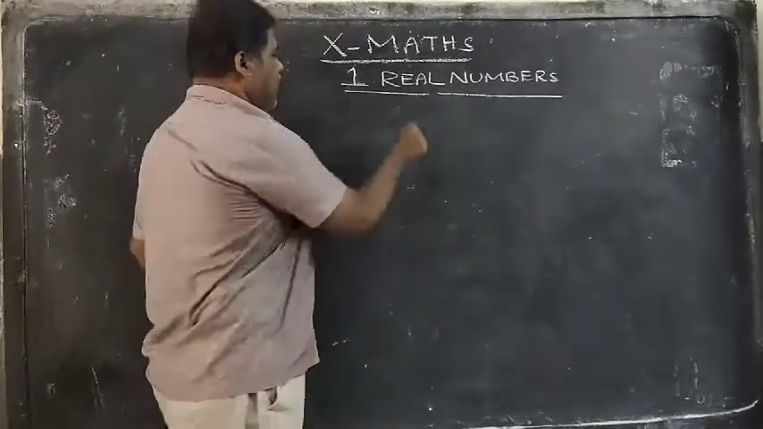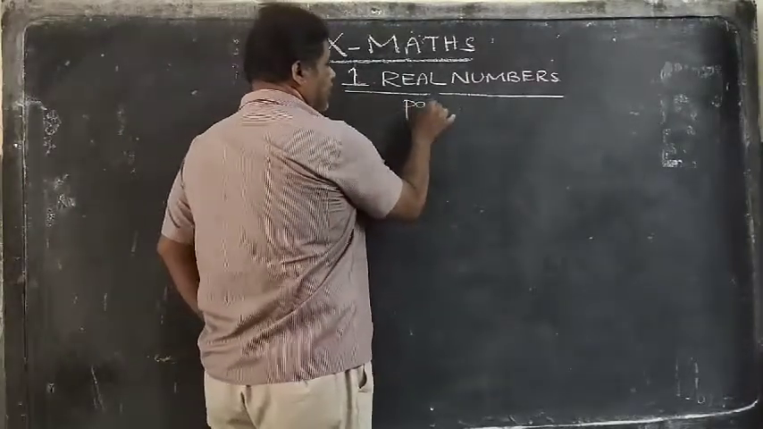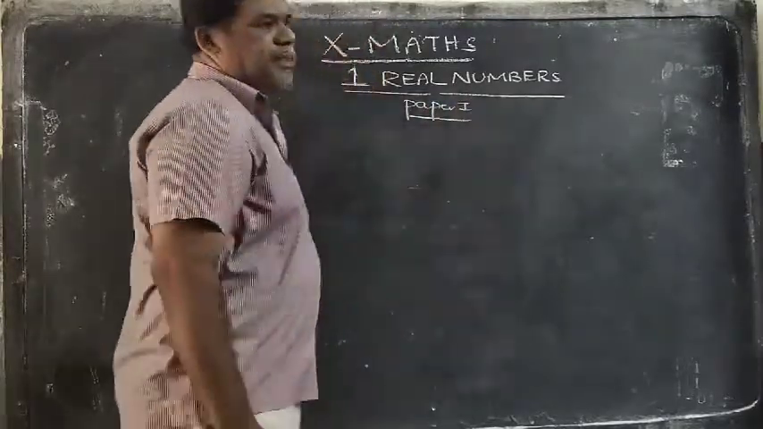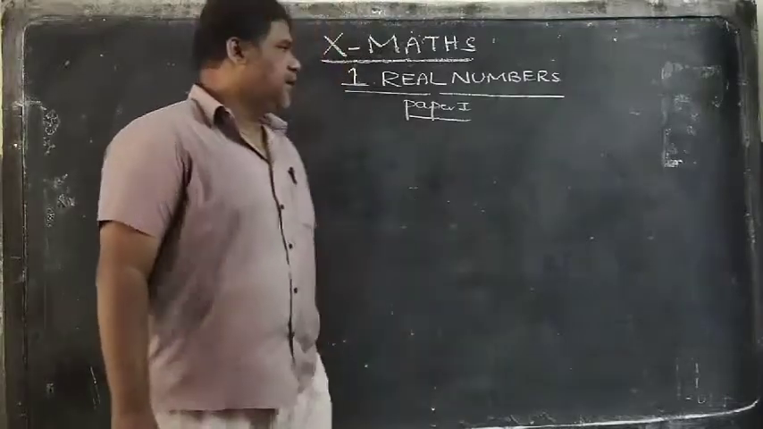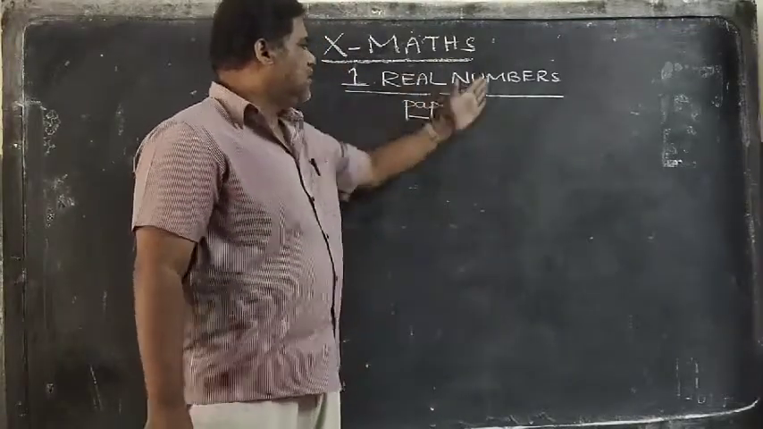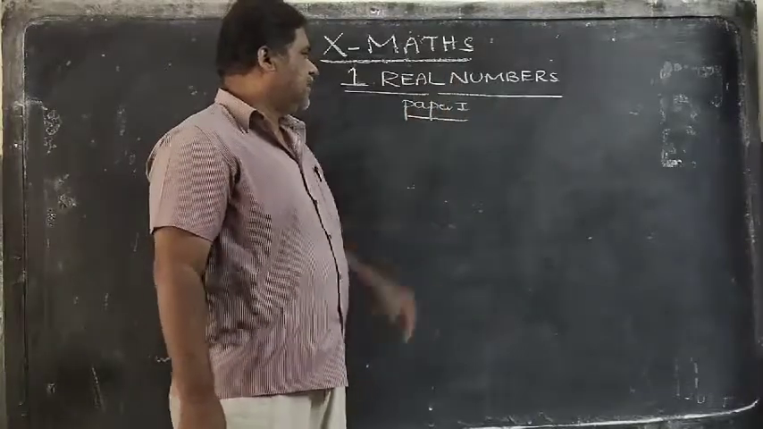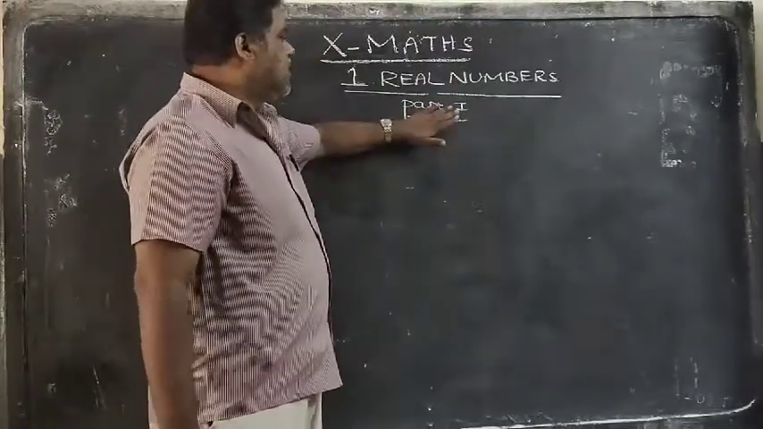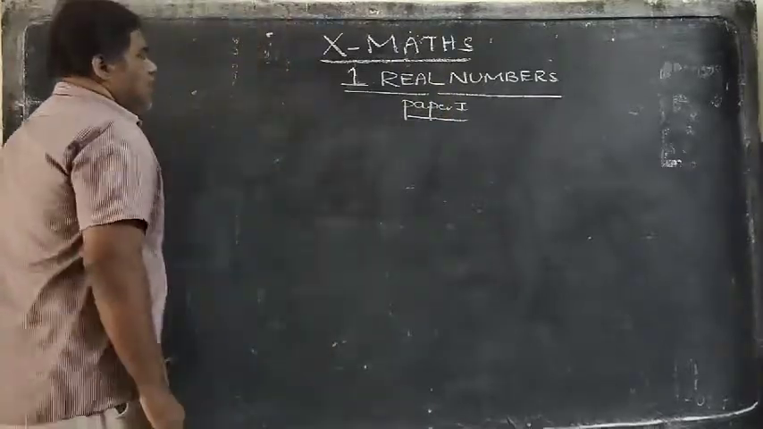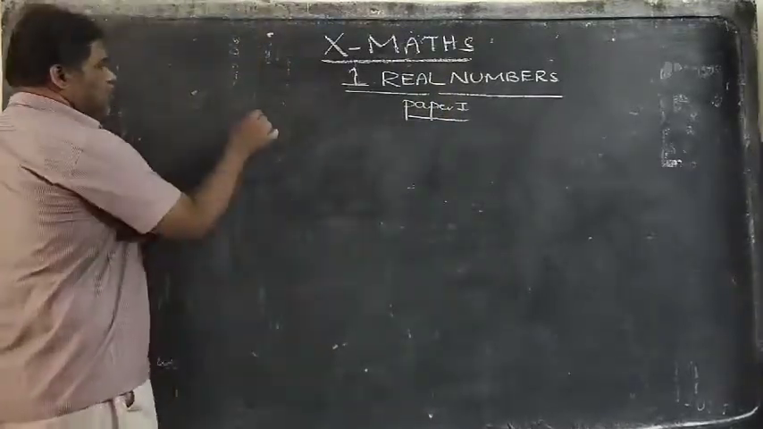This is included in paper 1. Whereas trigonometry and statistics we completed, those two topics will come under paper 2. So the real numbers chapter is a very important chapter in paper 1. Maximum marks are allotted to the real numbers chapter. First we should know